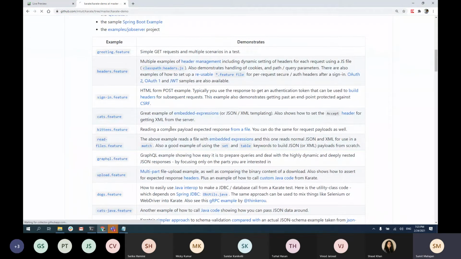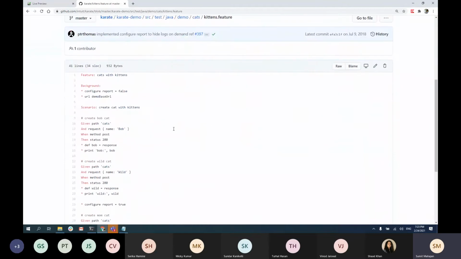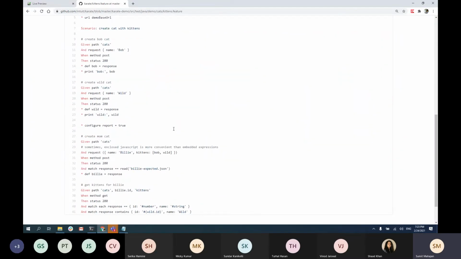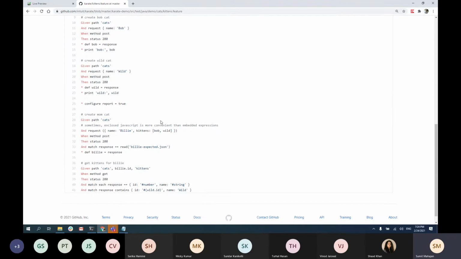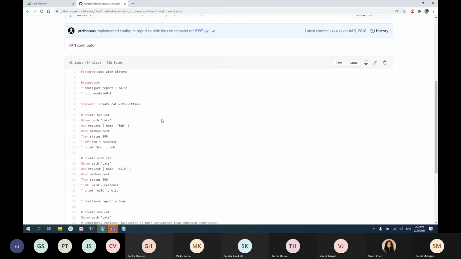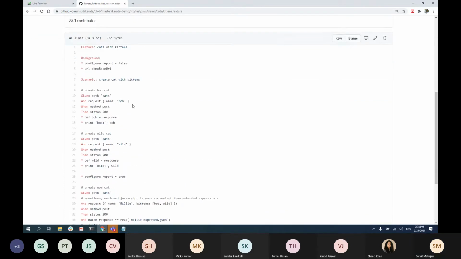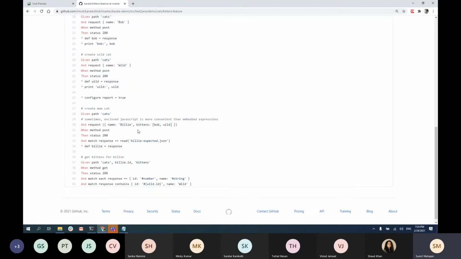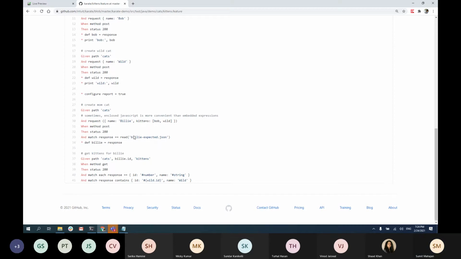Moving on, this is a feature which basically tells to read from a file. I don't see it's reading from any file.